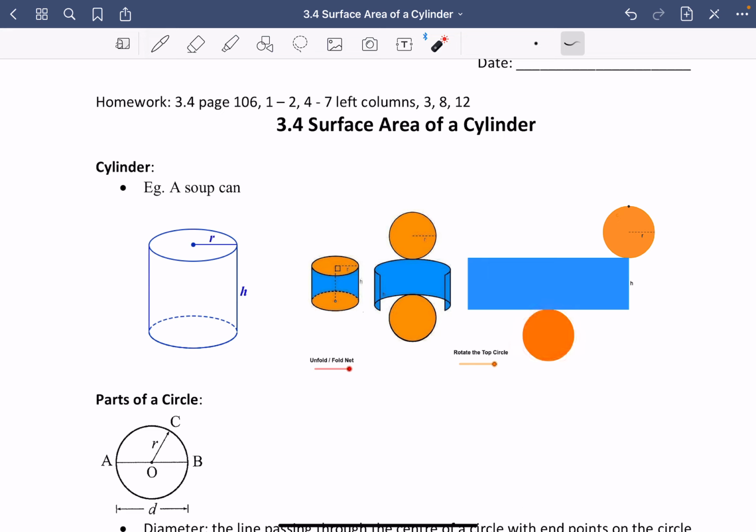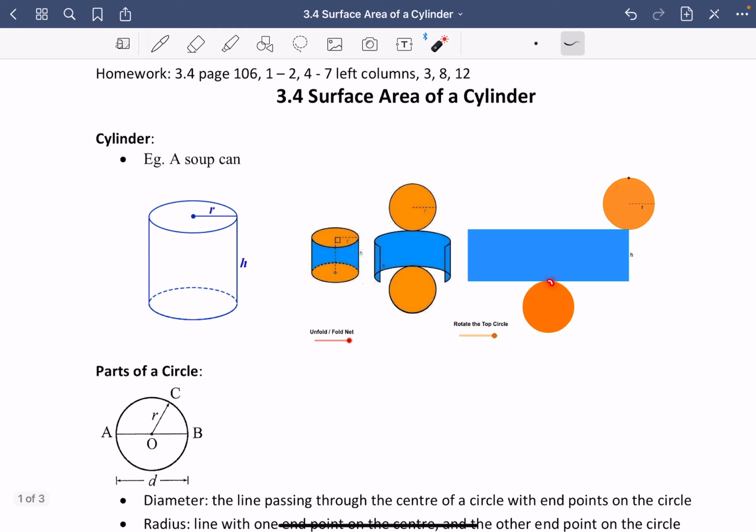Okay. So in order to find the surface area of the cylinder, we'll need to find the area of the two circles. These two are the same, so we can find the area of one circle multiplied by 2. And then we'll find the area of the rectangle here. The rectangle has a width that is the same as the height of the cylinder. And the length, like we discussed already, is the circumference of the circle. Okay,